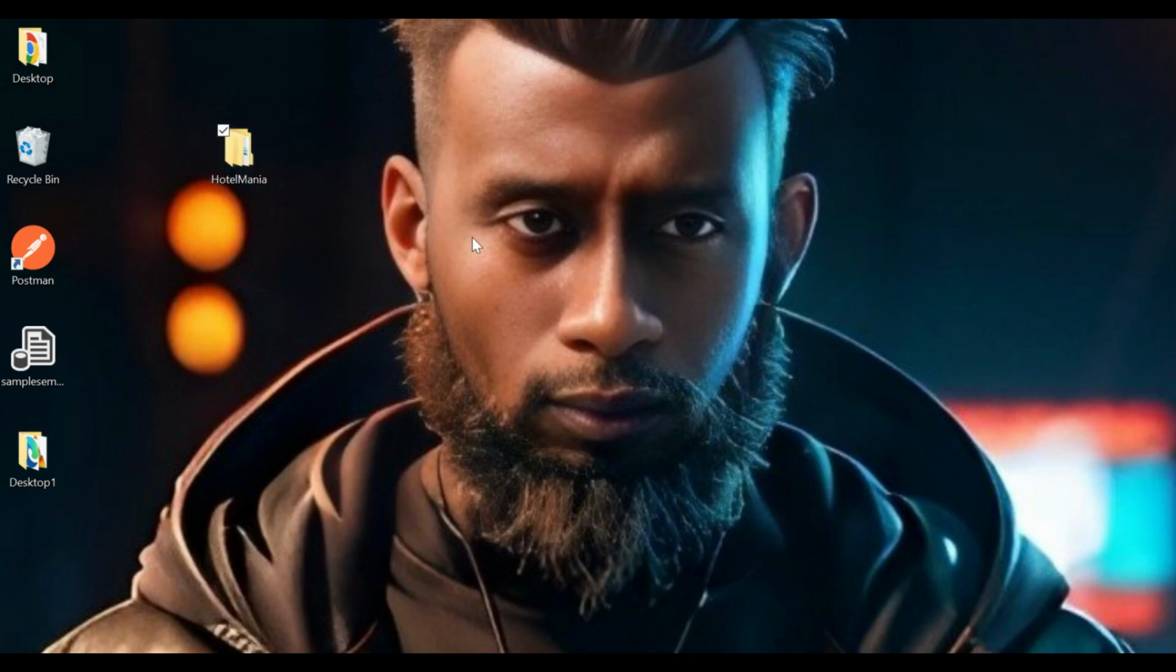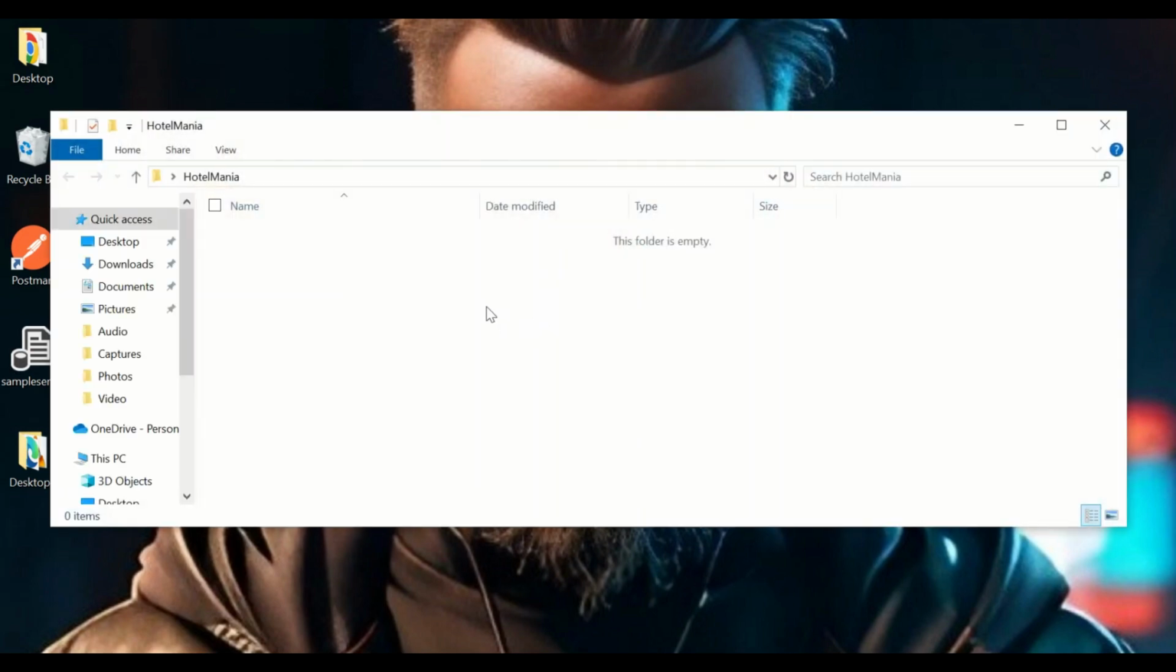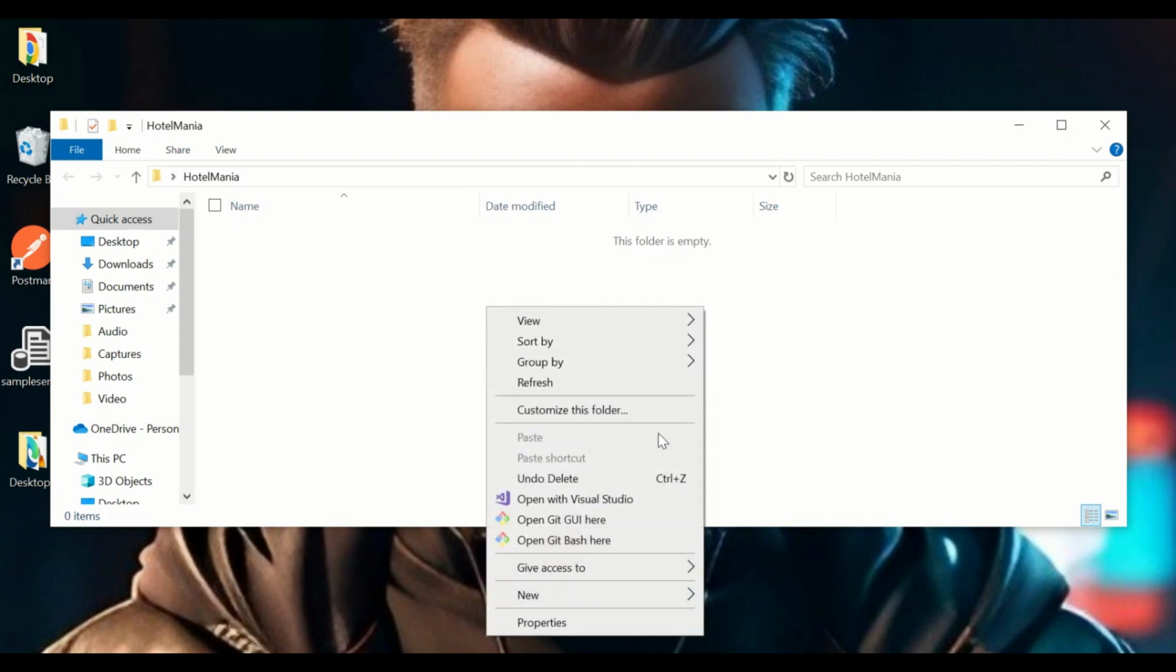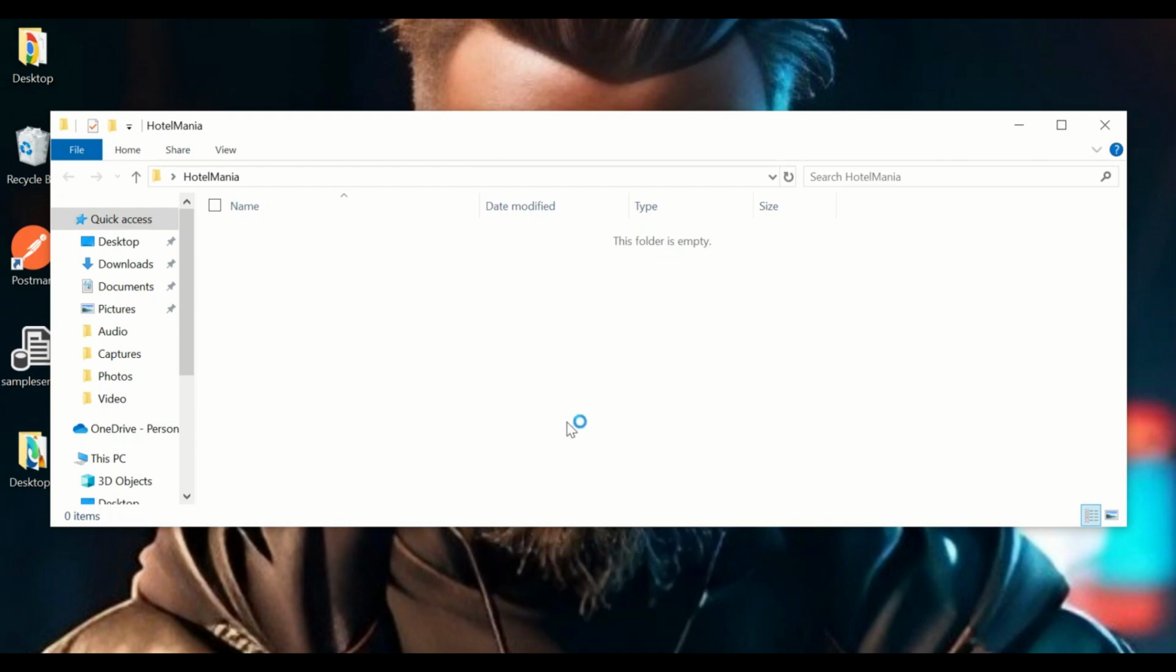Once I copy it, I just create a folder on the desktop. Then I can right click. You can see the folder is empty. Then I open git bash here. So once I click,